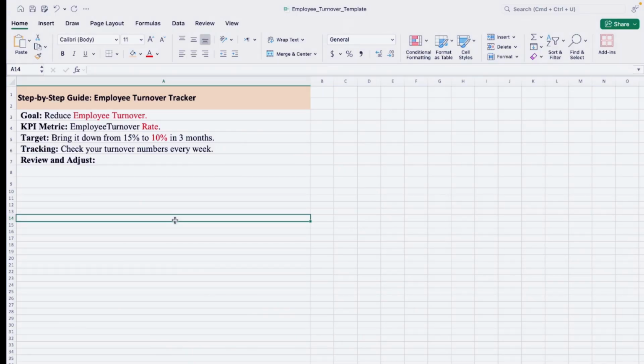And now let's go and work on a practical example, and I will walk you through it with an Excel sheet. Okay, friends, let's say you're working in the HR department and you want to retain or keep your employees for a long period of time. And that is the main purpose why we use KPI, or key performance indicator.